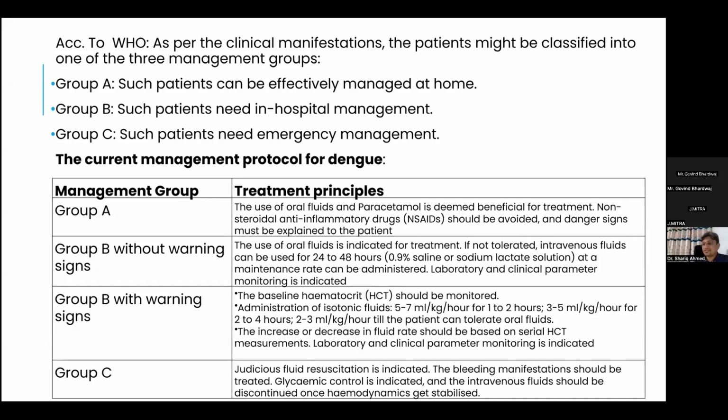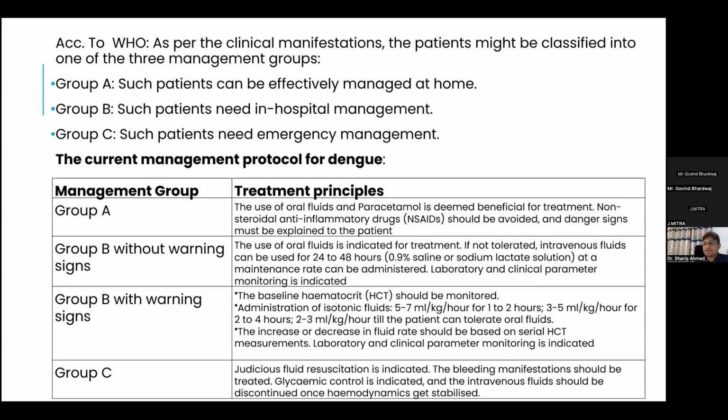for 1 to 2 hours, and 3 to 5 ml per kg per hour for 2 to 4 hours or other, depending on how much the patient can tolerate. Then increase or decrease in the fluid rate should be based on the hematocrit management, and it should be done every 6 hours. Then there is group C. Group C falls in the severe dengue, very severe dengue, hemorrhagic fever, or severe dengue, that new classification that WHO